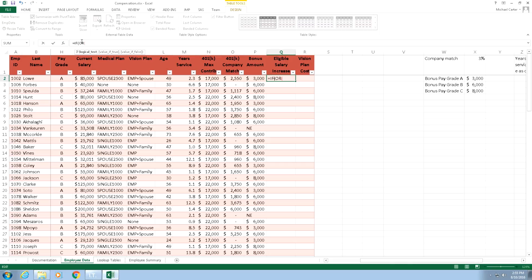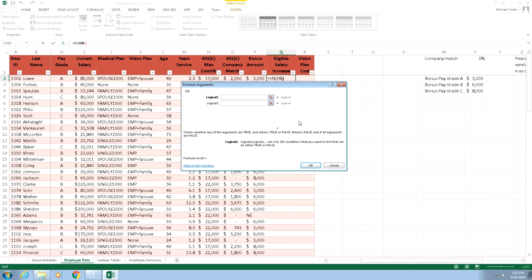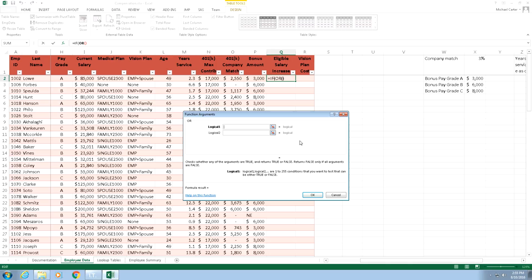So I'm going to, again, click on the or, and then insert function box. So step 7 says, in the eligible salary increase column, enter if-or functions to insert the text not eligible if the employer's grade is C or the employer's job status is CN. Yeah, because these C people don't need a bigger bonus, right? They're making the maximum that they can possibly make, so they shouldn't be eligible for a bonus. And the people that are consultants, maybe because they don't work for us, they would not be eligible for a bonus. So if their pay grade equals C,